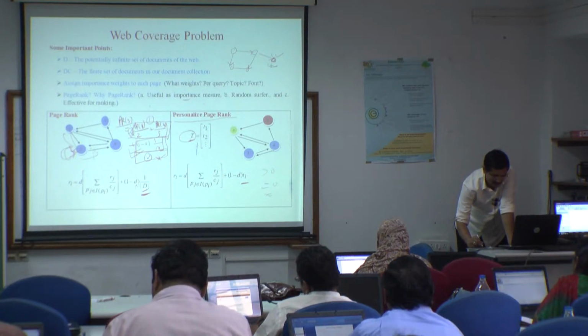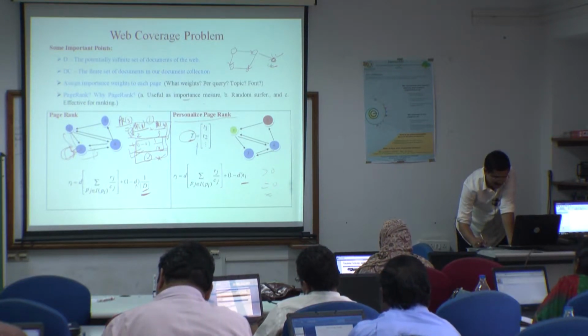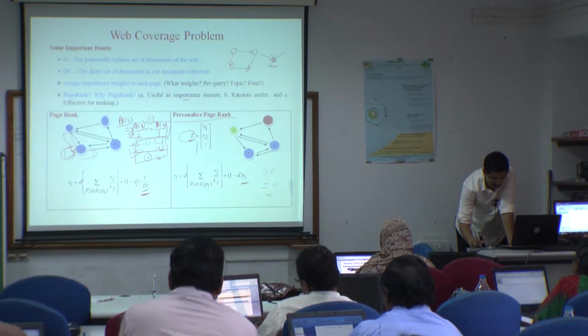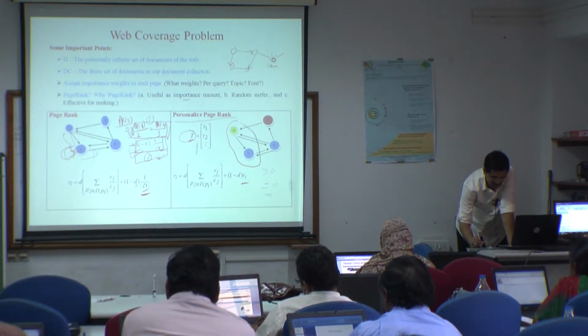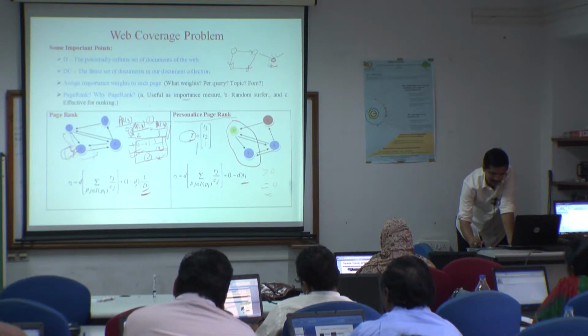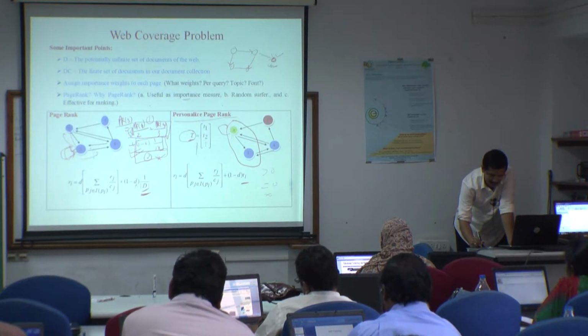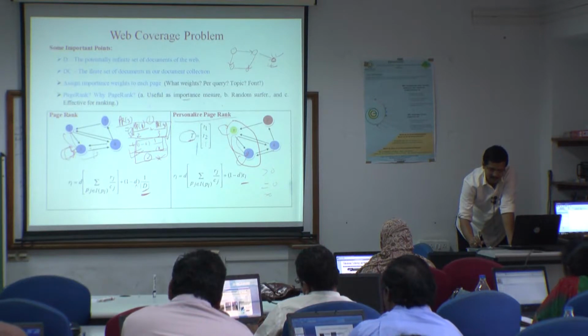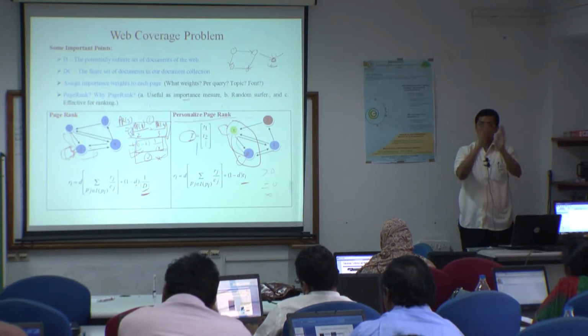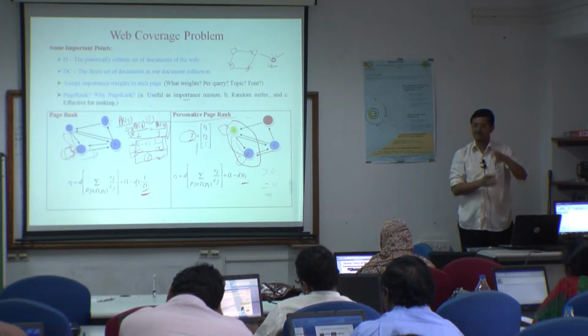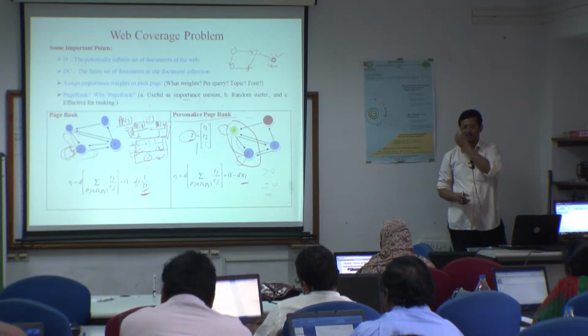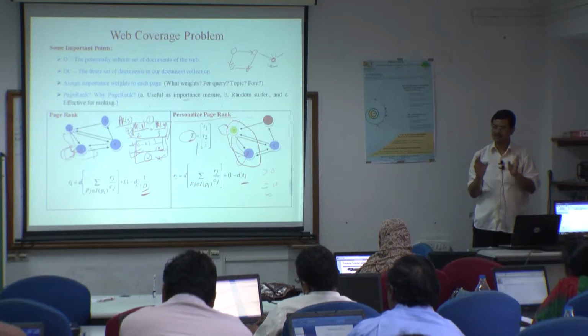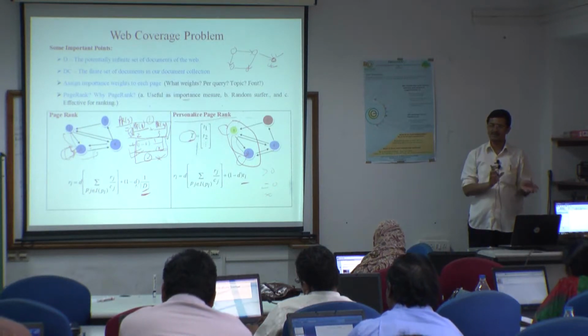Suppose some nodes are prior nodes with high priority, then the probability to jump back to this node, and again this node, and again this node will be very high with respect to jumping here from any other node. Then the entire PageRank will be biased towards such particular nodes. So you got it? This is the difference between personalized PageRank and traditional PageRank.